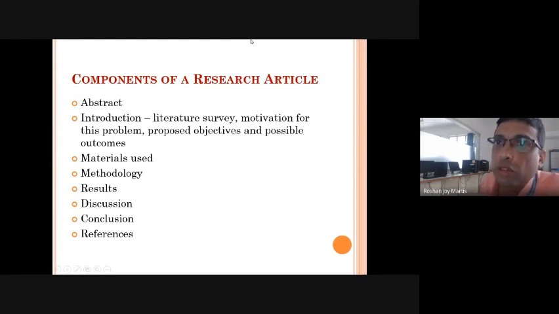All of you know, a research article will have a title, abstract, keywords, introduction, materials, methodology, results, discussion, conclusion, and references. These things are specific to a computational research article. It may vary slightly depending on the field. In civil engineering, these titles may slightly change. Title, abstract, introduction will be there, and depending on the experiment, these things may change. Of course, results, discussion, conclusion, references are there. Methodology and materials may slightly vary depending on the application.